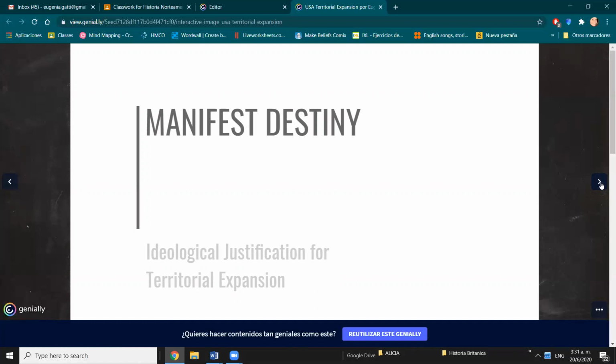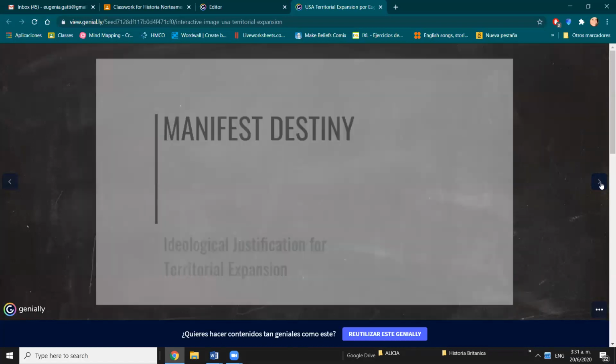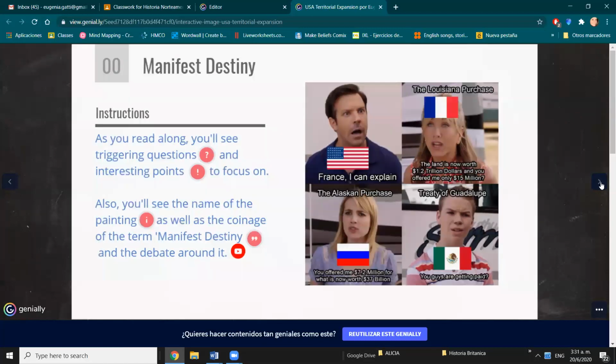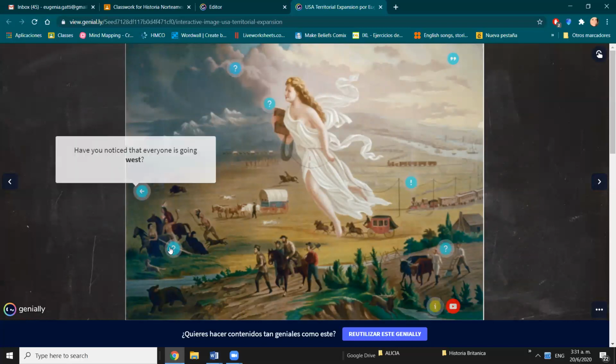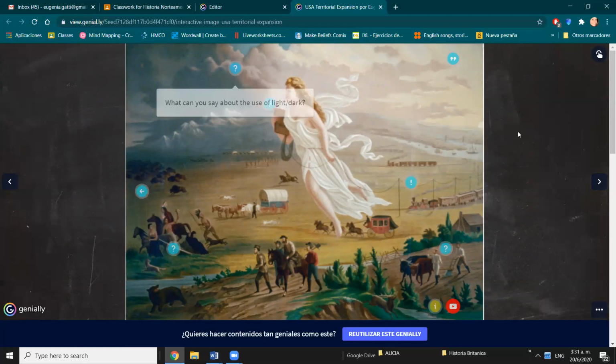The idea is then for you to do this activity, by clicking, you've got to ask yourself certain questions that appear here, right? Trying to connect what you read to this painting that is a very famous painting that is connected to the idea of Manifest Destiny. Then in class, we will be discussing those questions, but do them on your own